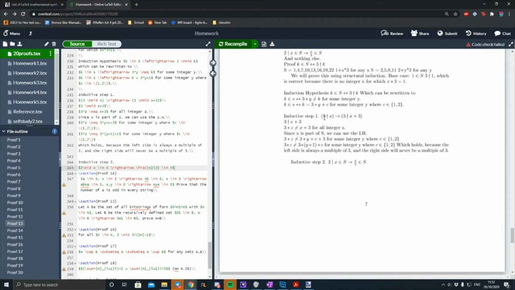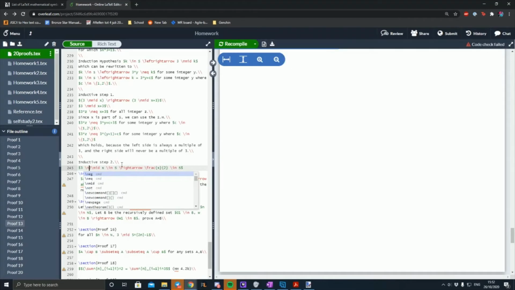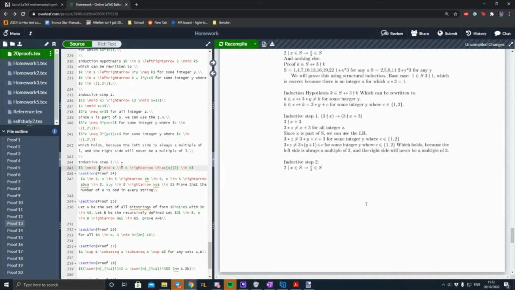So in this case it will be 3 doesn't divide x. Yeah, okay. So in this case it will be... Oh wait, why is there a 2 here? Oh yeah, okay. I'm confusing myself a bit. Sorry that I'm talking to myself, but here we have 3 does not divide